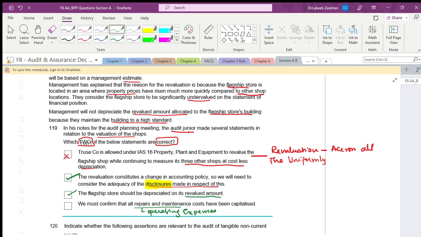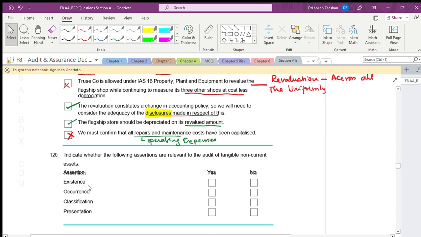Here we are talking about whether the revaluation is done. There is no point in having a discussion on repairs and maintenance. Is it right? This is not related. Understand the things with respect to all. You have to cover that we are covering 4 different options. It means we are covering the major part of the concept. Is it right? Next.